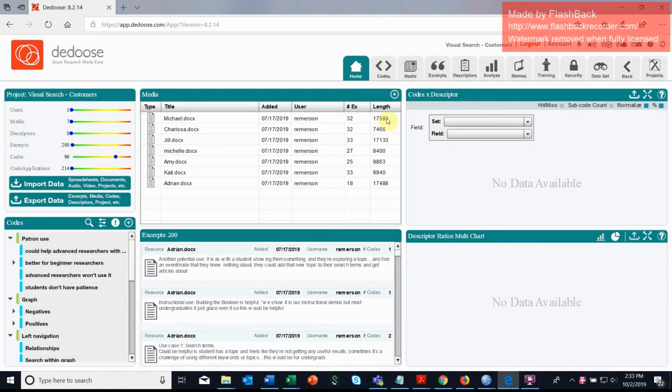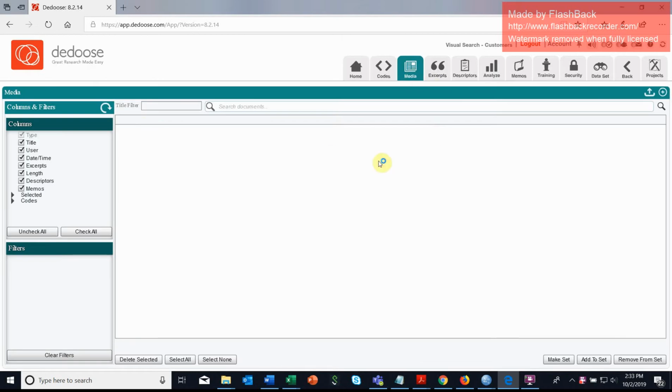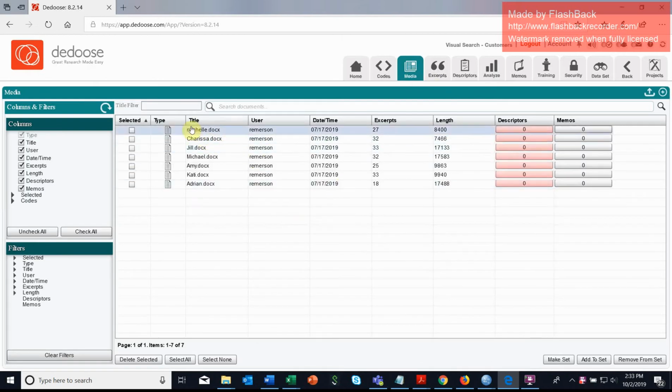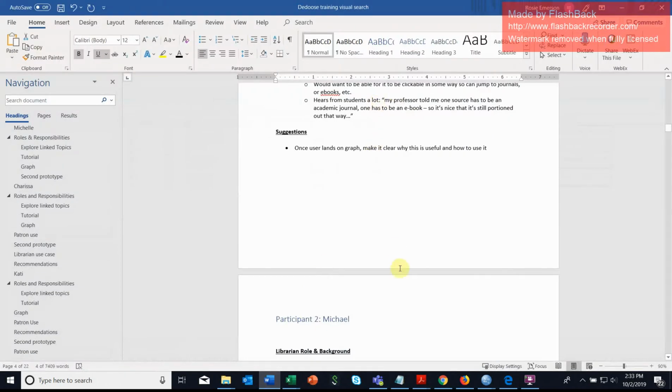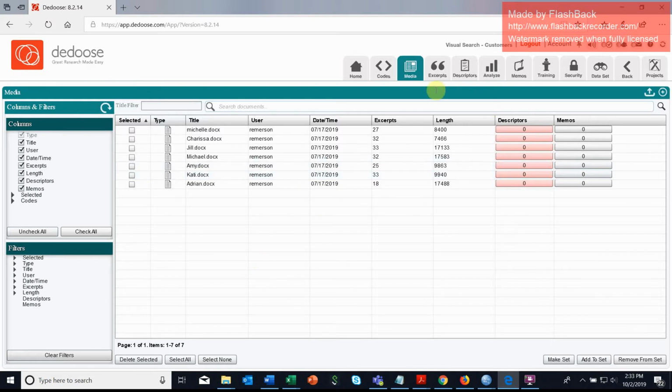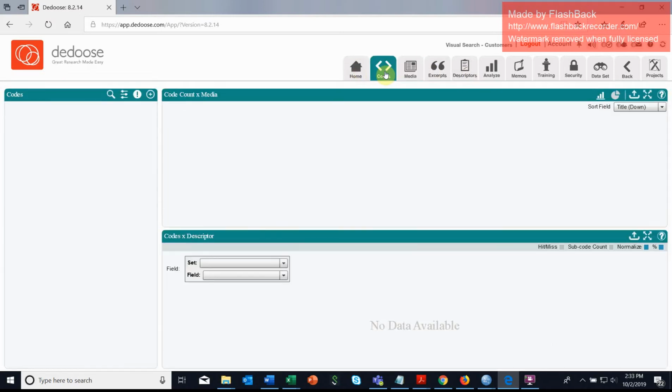So here I brought in all of the data. For this particular project, I brought it in by the interview transcript. I separated those documents, but you really don't have to. You can just do it exactly like I showed you and have it all in one document and bring it in. So let's go to the codes,